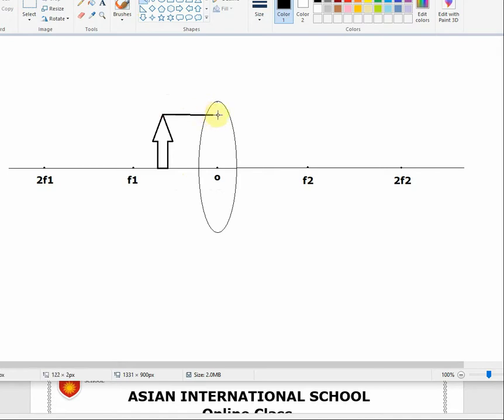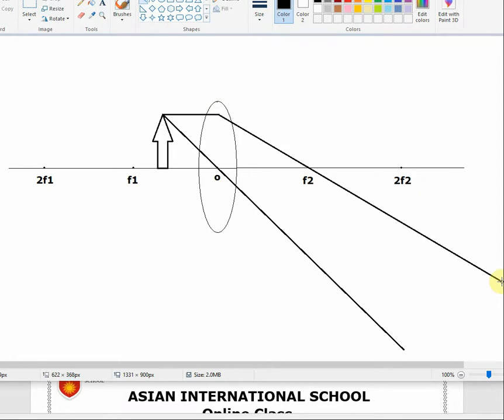First I need the light which is coming parallel to the principal axis. Next I need this line. Now to draw the image,